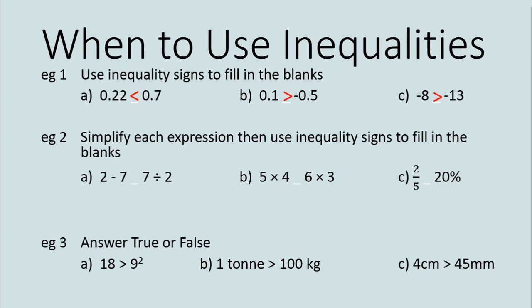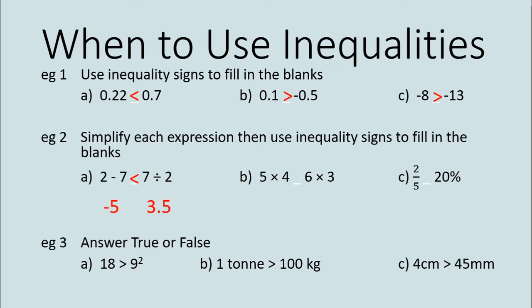Next, in example 2, we're going to simplify each expression and then use an inequality sign to fill in the blanks. So we need to show our working here. Copy the example, and underneath on each side of the expression, we are going to write our simplification. So 2 minus 7 is negative 5, and 7 divided by 2 is 3.5. Which one's bigger? Remember, the negative number is always smaller than the positive number, so negative 5 is less than